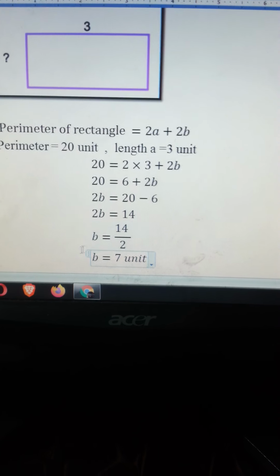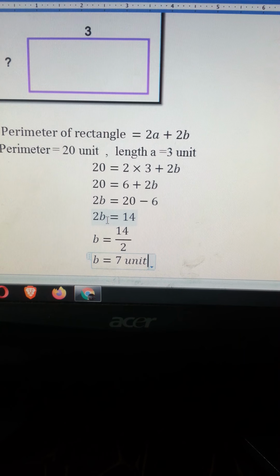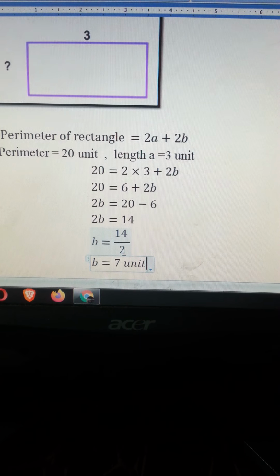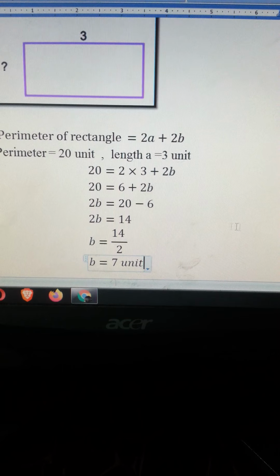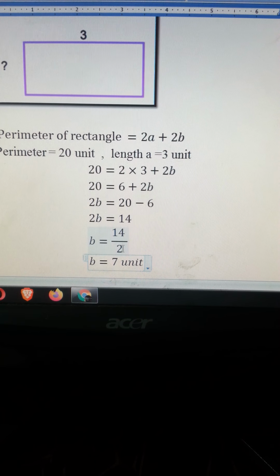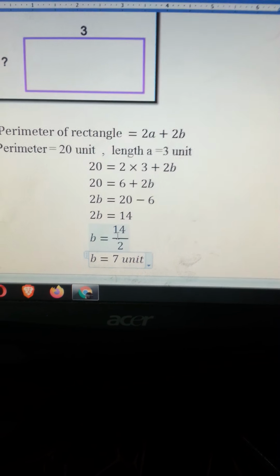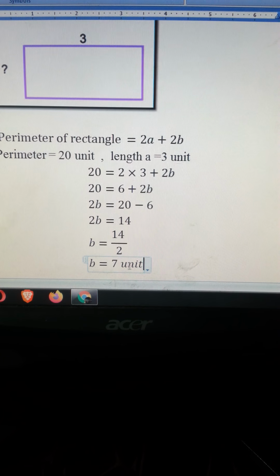So what I have just done over here, 2B is equal to 14, so I am shifting this 2 to the other side. 2 is being multiplied with B, so on the other hand side it will be divided, right? So I have just shifted all the known values together. By cancelling it out or solving it out, we get 2 ones are 2 and 2 sevens are 14. So 7 units will be here. The answer of B is 7.